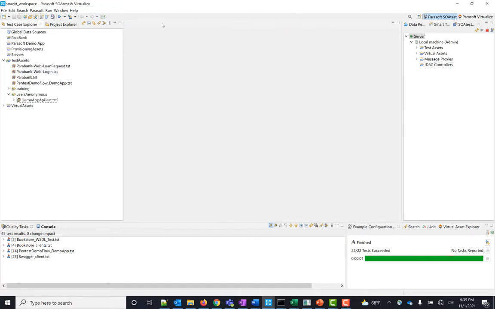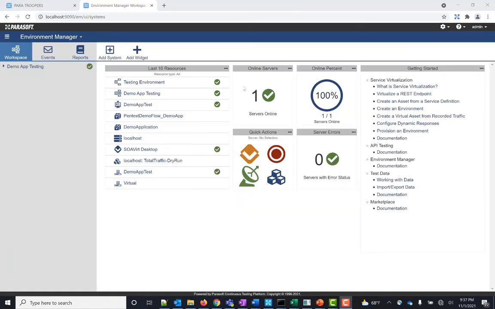Close that. And the beauty of running your tests is that they can be run three different ways. They can be run with the SOATest desktop app, via REST API, or with Continuous Testing Platform, or CTP. This is CTP, our web-based environment manager for managing our virtual assets and running our tests.